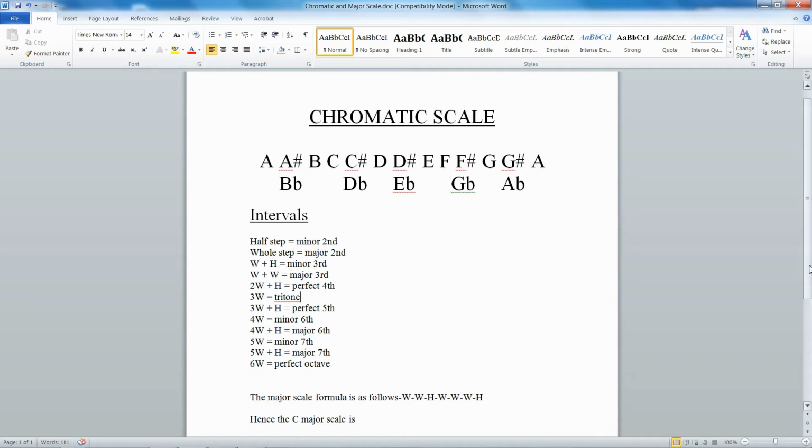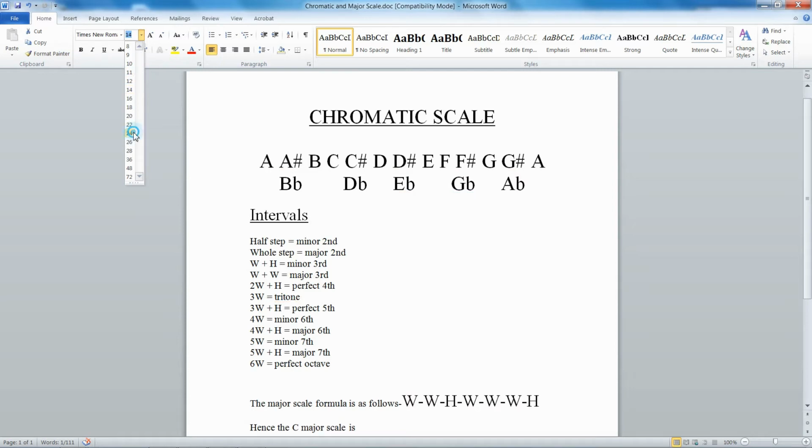Alright, now let's look at the construction of the major scale. The major scale is constructed using 2 wholes, a half, 3 wholes, and a half. Let me see if I can make this a little larger for you. There we go. So that means that whatever note we start on in the chromatic scale, if we use this formula, we will create the major scale